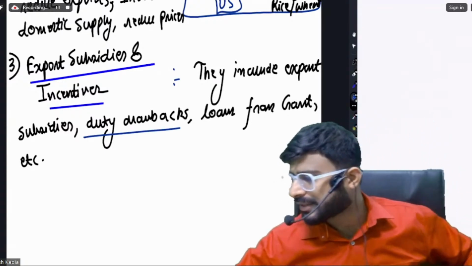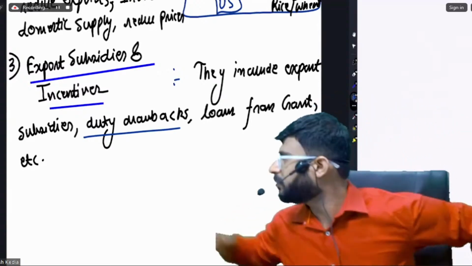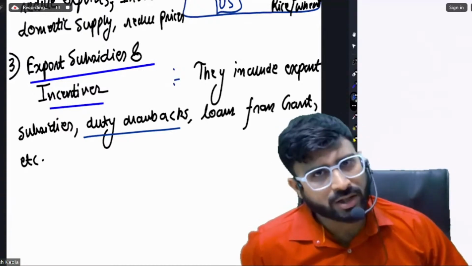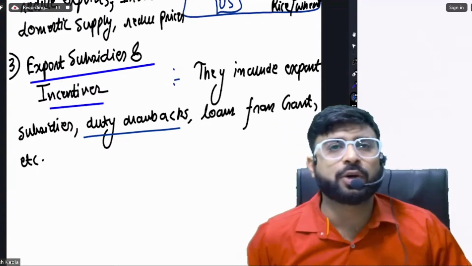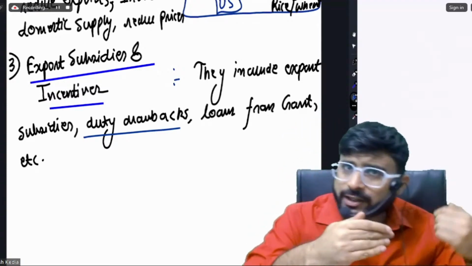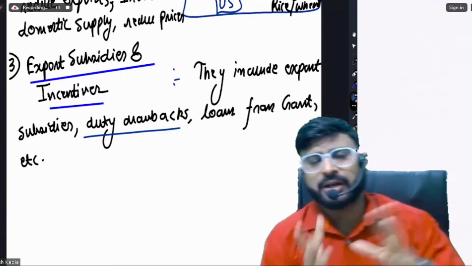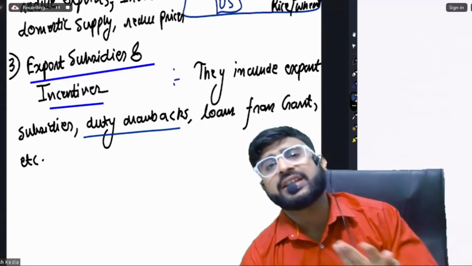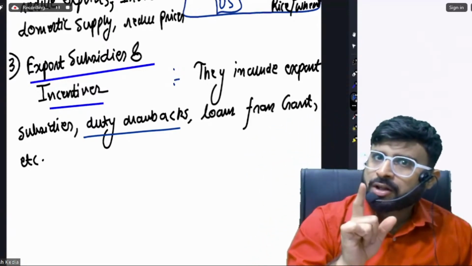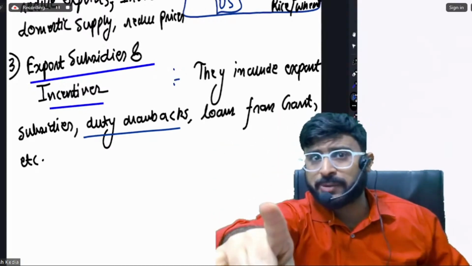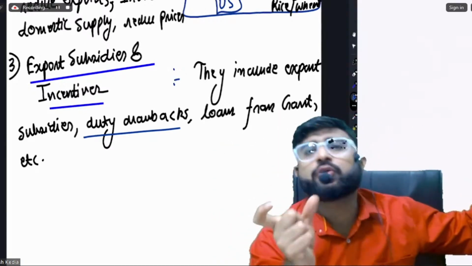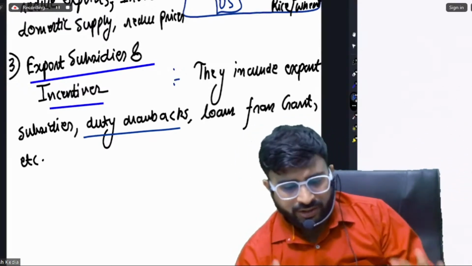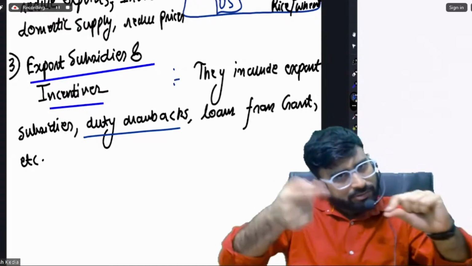Sir, you haven't told us about duty drawback. Friends, sometimes the seller or the exporter does not know who is going to buy the product. Often the exporter doesn't know whether the product will be exported, sold abroad, or sold in our own country. So the government initially charges manufacturing tax like excise duty. But if we export that commodity, the government is happy, so the tax that the government had taken from us, for example excise duty, the government returns it to us. Understood? That is called duty drawback. The tax that was paid comes back.